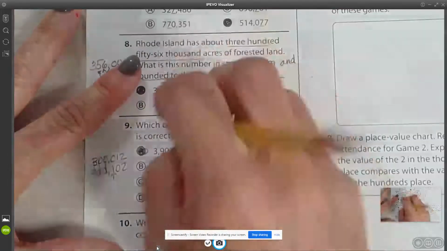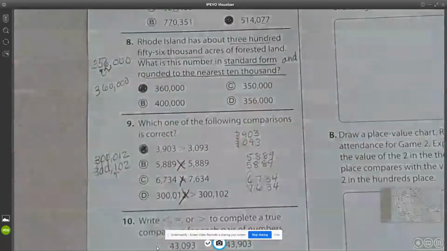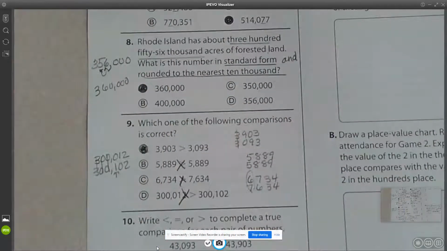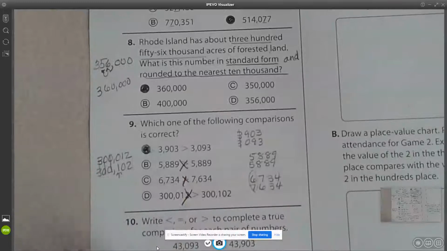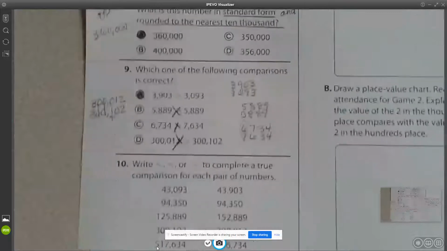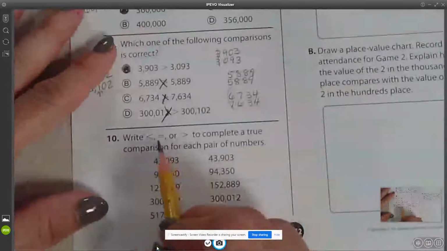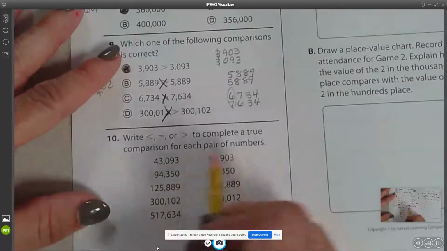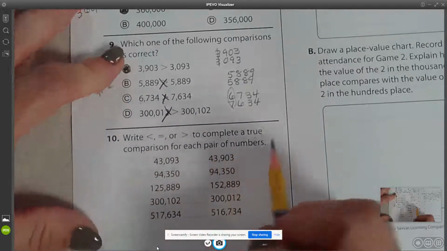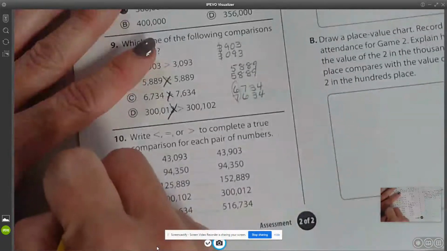Stack them up, folks. I can't tell you how many of my kids, and you know what? They're always my smartest kids. Just take a look at it, and they think they know it, and they make a silly little mistake. So stack them up. All right, write greater than, equals, or less than to complete a true comparison for each pair of numbers. So once again, I'm going to stack